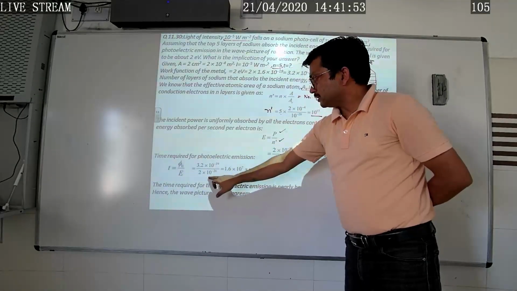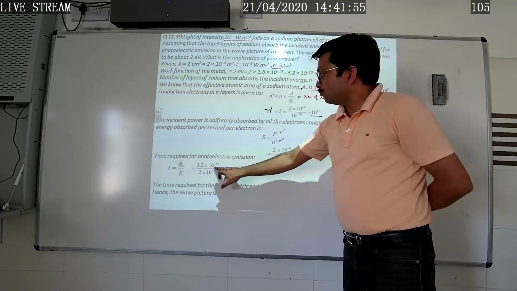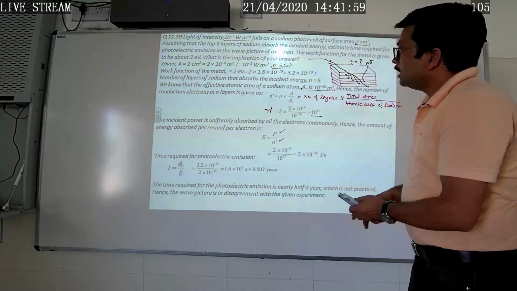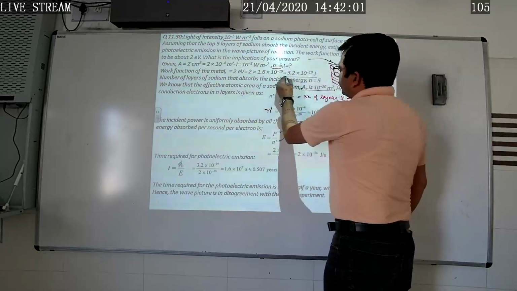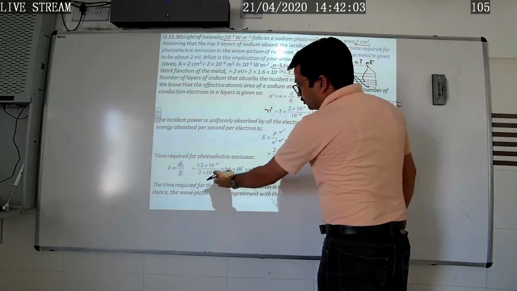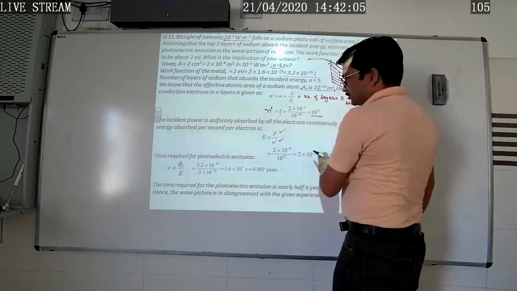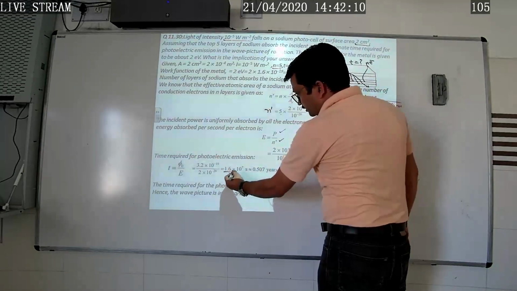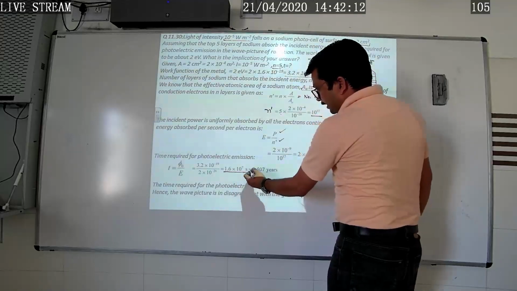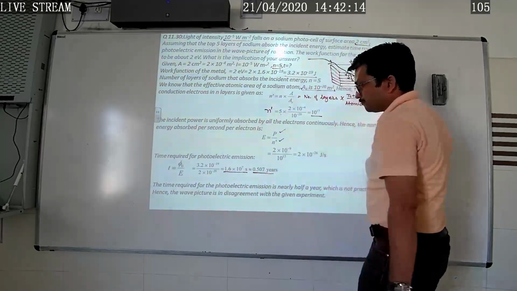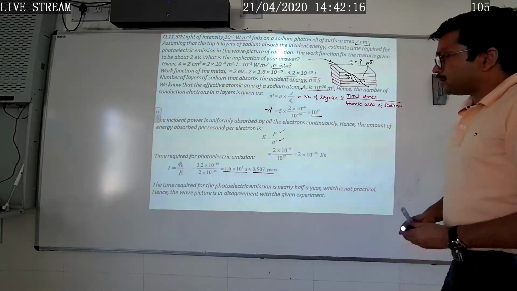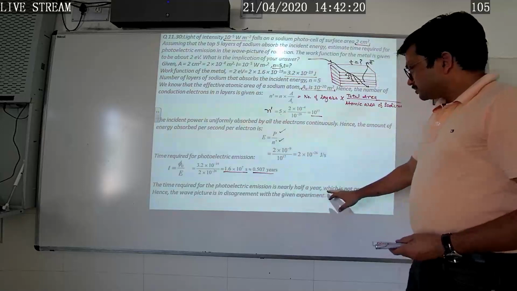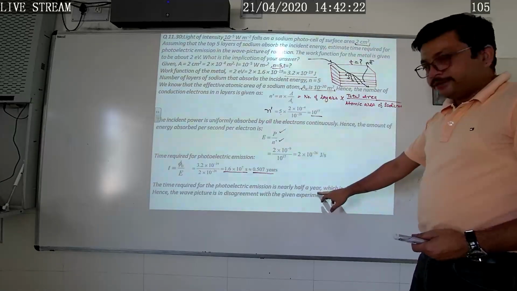So this is nothing but 3.2. Work function is already given to us, that is 3.2 into 10 to the power minus 19 over this energy, that is 2 into 10 to the power minus 26. So it is coming out to be 1.6 into 10 to the power 7 seconds, and it is approximately equal to 0.507 years. So the time required for photoelectric emission is coming out to be half a year, and